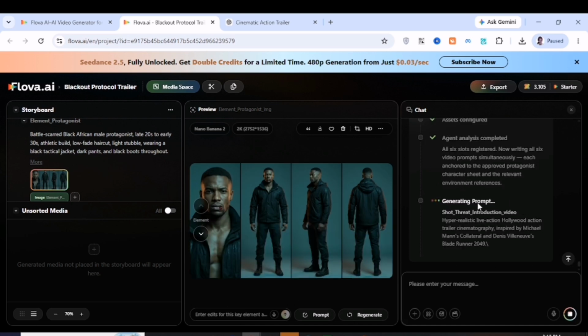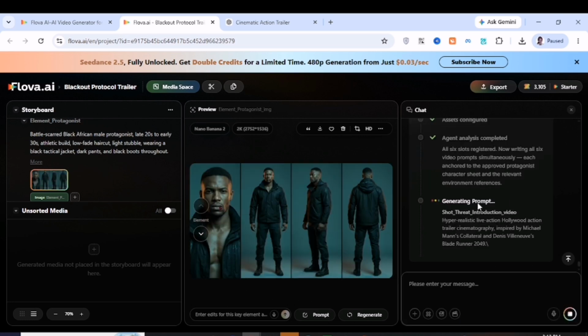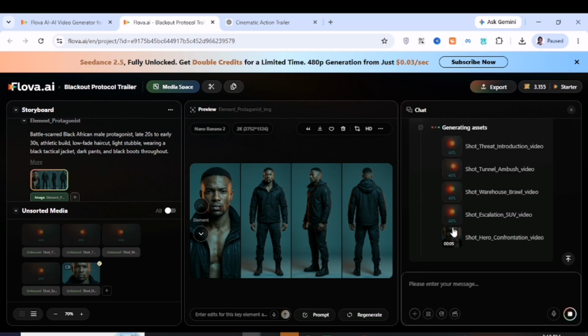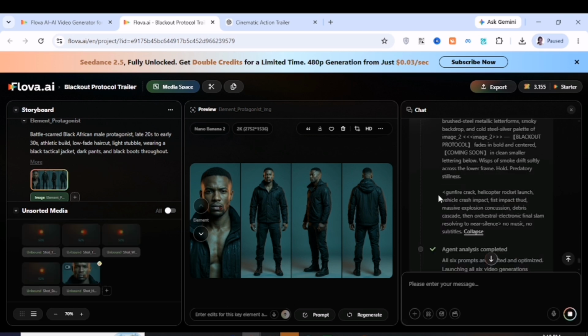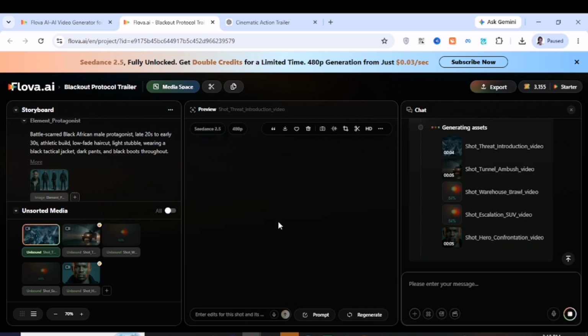Now as we are done with that, I'm going to tell it to proceed with the generation. The next thing it's going to do is generate the visual prompt, that is the prompt for the video. As you can see, the prompts are ready, and I approve it, and you can see it's already generating the video. And trust me, it doesn't take much time, in a few minutes, compared to some other tools where it takes 10 minutes or so before it renders the video. With this tool, it does not consume time. It saves a lot of time, right? So it is easy and simple as that. You can exploit it, and trust me, you are going to enjoy it.